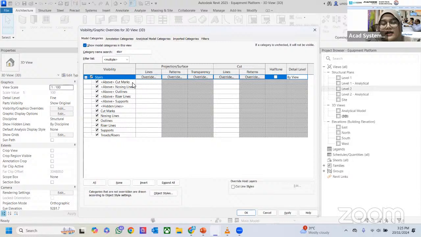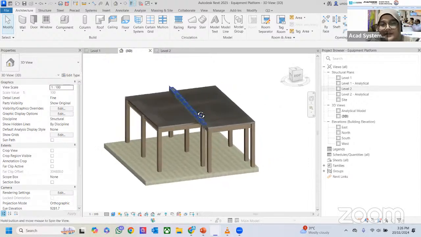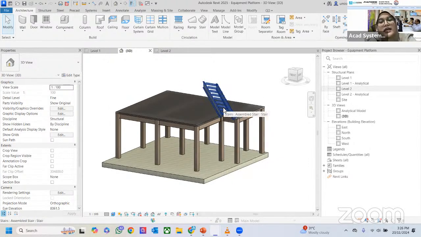So from 3D view I can see the stair. Okay, so now I can see the stair because I already changed the visibility for the stair in